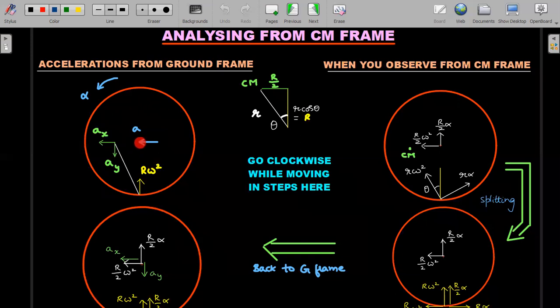You know, the center of the ring will move along a horizontal straight line. So its acceleration can only have a component, that is this one. Acceleration of center of mass, I've assumed two components because it moves in two-dimensional curvilinear motion, AY downward, AX leftward. And also ICR, we have already ascertained it should be R omega square this way, right?